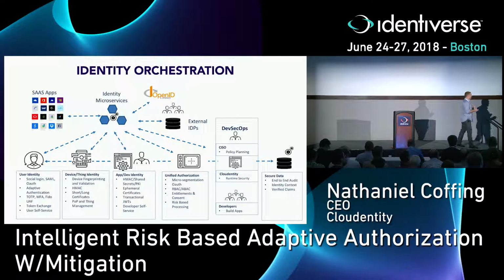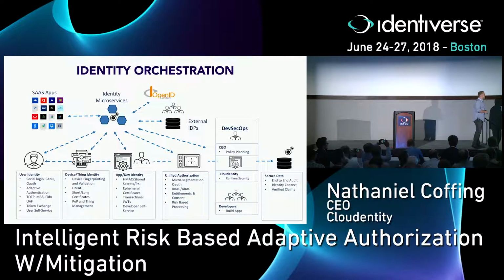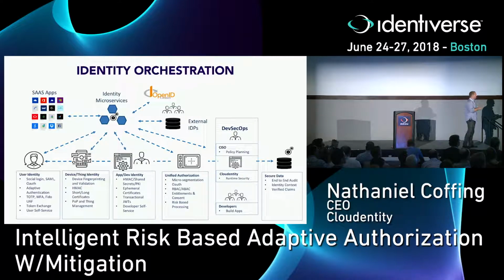Last thing that we really wanted to talk about is, what does identity orchestration look like? In this case, how can I use my existing IDPs or OIDC, combine that with identity microservices to talk to my SaaS apps, giving every user, every device, every app its own unique identity. Here, I've listed just a few different ways that the authentication happens for those, bridging that into a unified authorization model, which you've all seen and wrapped.